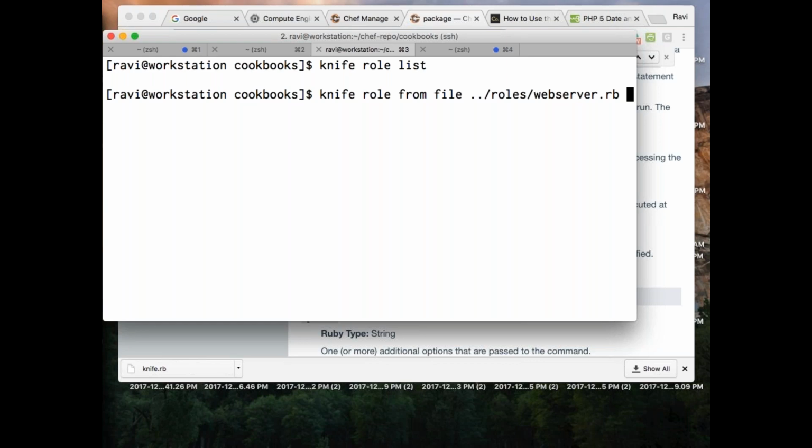So what does environment do? It means cookbook versions. For a cookbook you have versions like 1.1.1, 1.2.2, 1.2.3. Environment gives you the specific version of the cookbook to upload. That's what environment is.